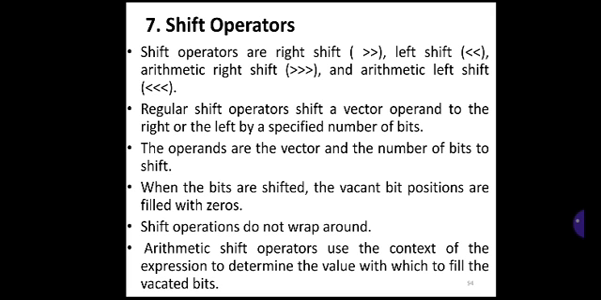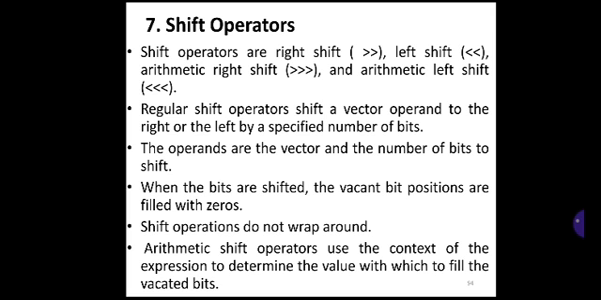When the bits are shifted, the vacant bit positions are filled with 0. So suppose you shift the bits right by one position, then the left-hand side one bit will be vacated. That vacated bit will be filled with 0 in the right shift operation and also in the left shift operation. That means shift operators do not wrap around. So remember here, shift operators do not wrap around,